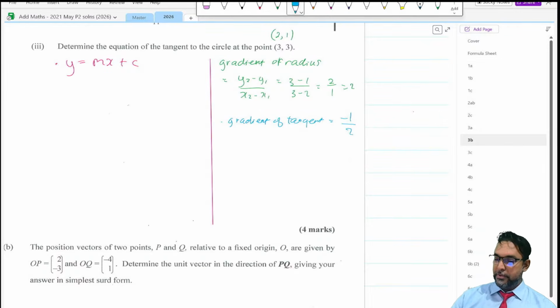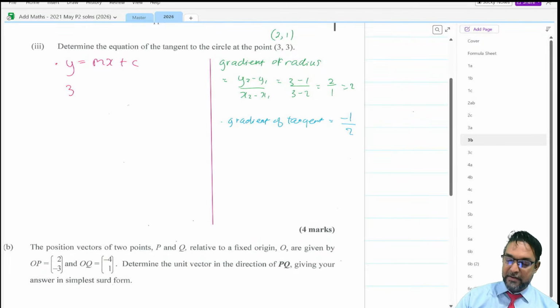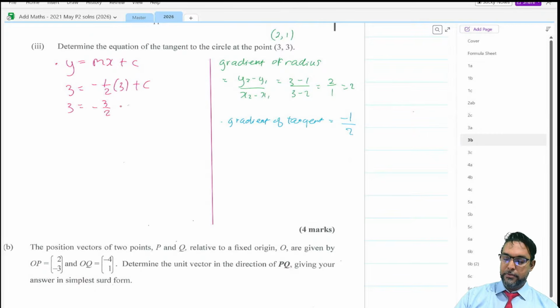Right, and we're gonna use the coordinates of 3, 3 in conjunction with the gradient of minus a half. Right, so 3 is equal to minus 3 over 2 plus c. So we're going to add 3 over 2 to both sides of the equation, giving us a value of 4.5, or 9 over 2 for c. Therefore,